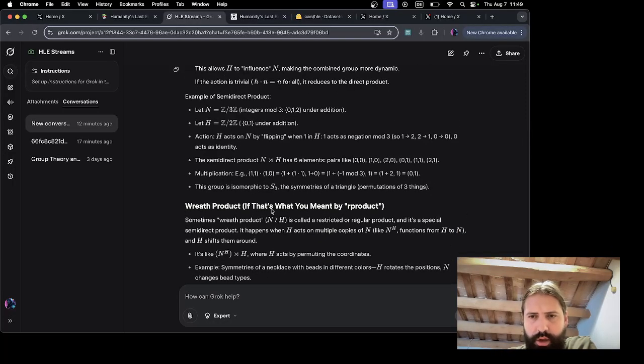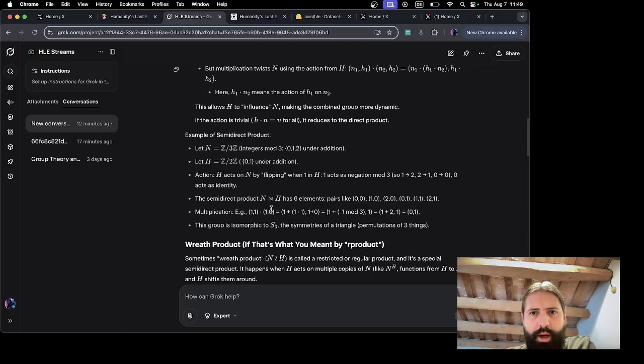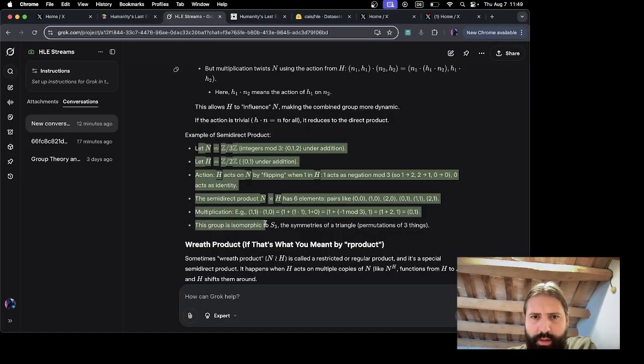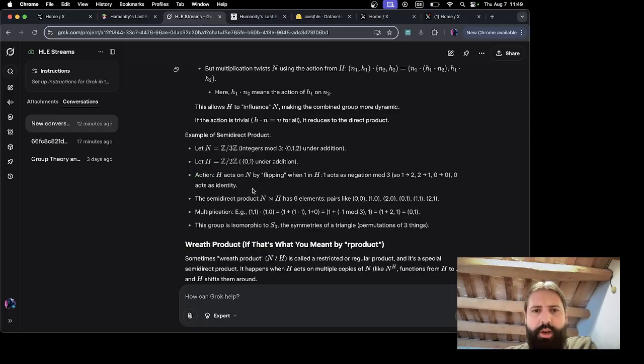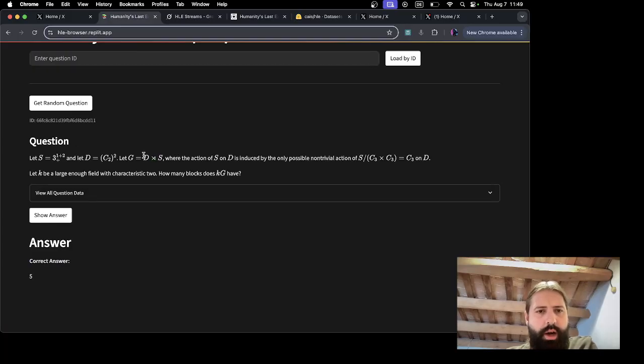That's actually pretty good. I think I got to a point where my understanding right now is that, even looking at this example, that's just a choice, right? So essentially it's a way to construct things. So you're saying that we're defining this set, this group, and then we're constructing another group with a semi-direct product, and we're defining here an action of S on D this way, where the action of S on D is induced by the only possible non-trivial action of